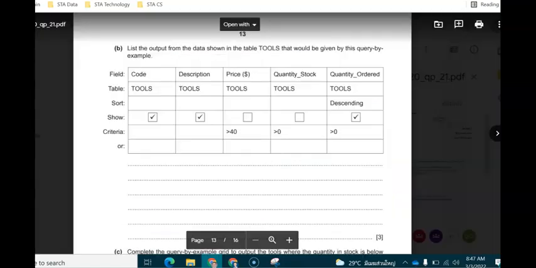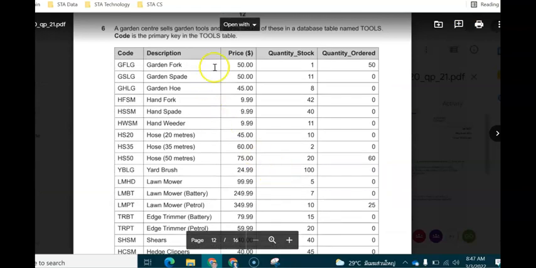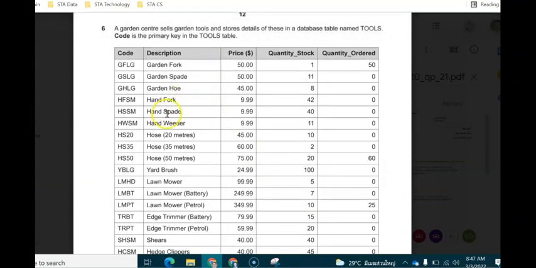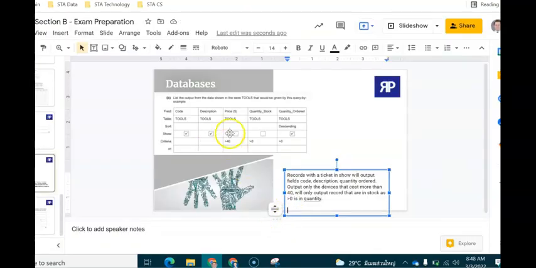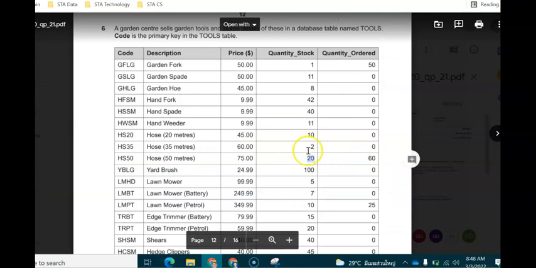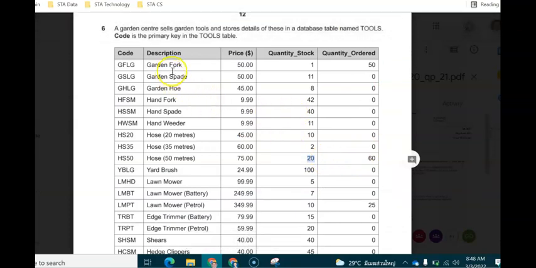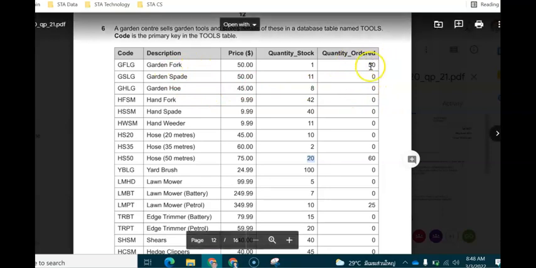So if we look at our paper, in order for this to be true here, we have got hose 50 meters, this costs more than 40, and this is greater than 0, so it's in stock. So this is going to be record number 1. If we go back to the paper, we've got greater than 40 and greater than 0 in quantity. So the next one here is going to be quantity ordered, so greater than 50, and quantity stock